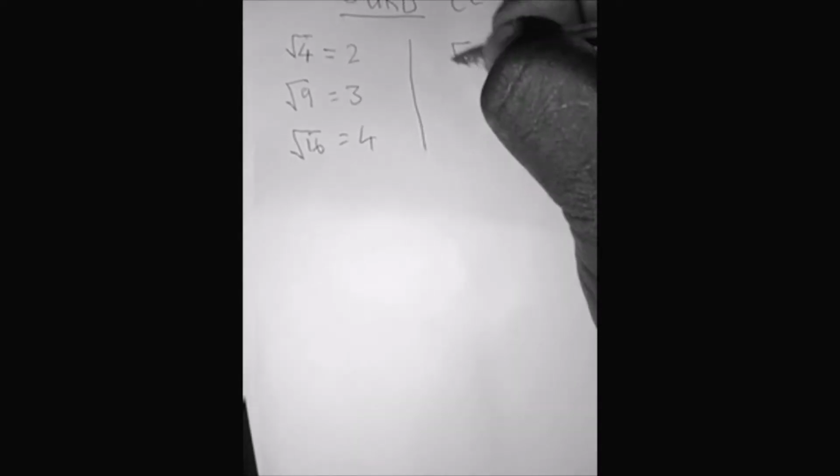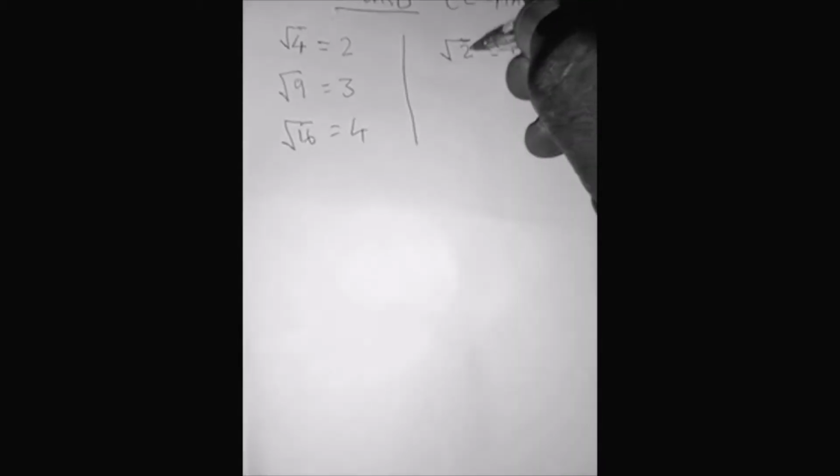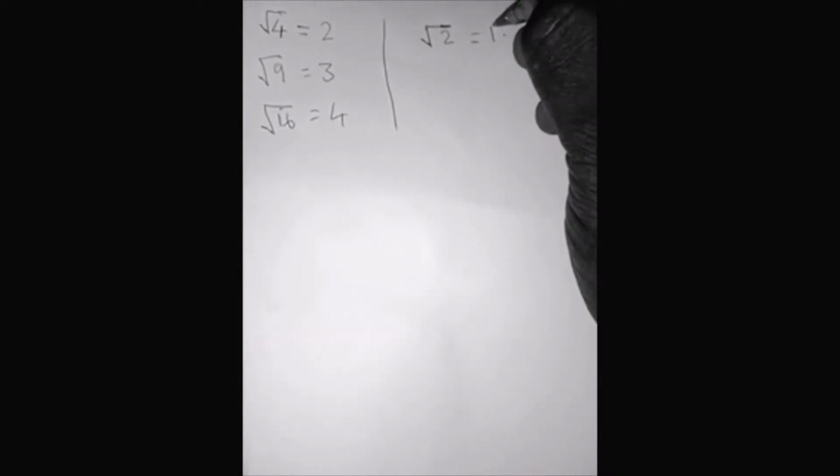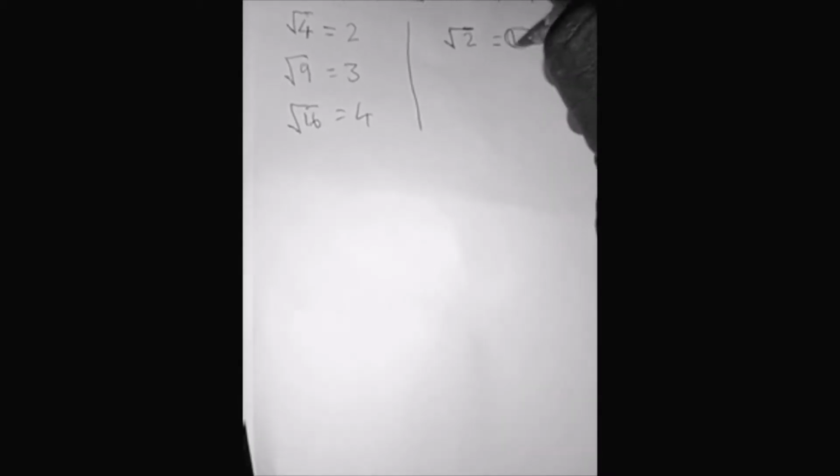But let's say when I take root of 2, root of 2 is going to yield 1 point something. So it's going to yield a decimal value. Any number that you take the square root of that brings out a decimal value, where you are not going to get a whole number,